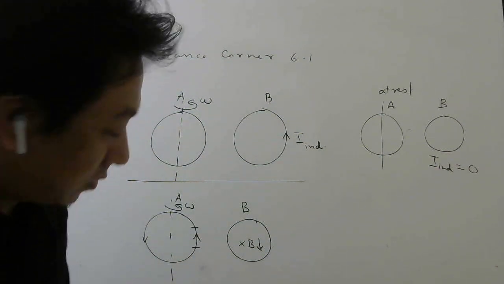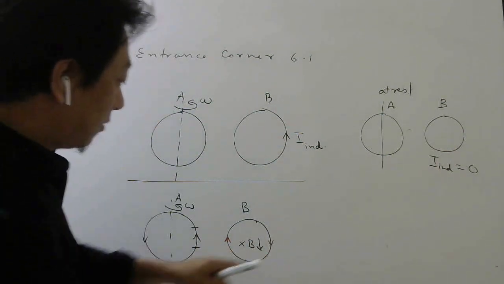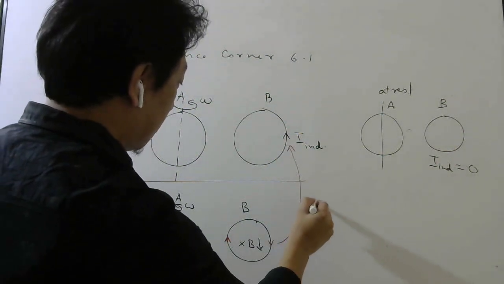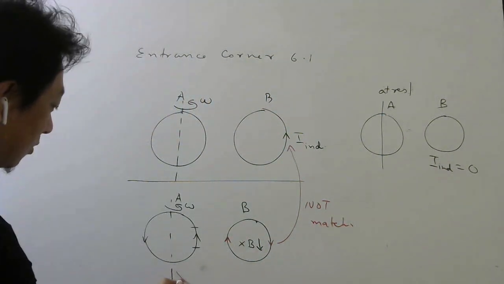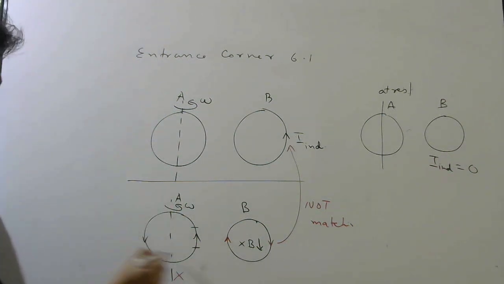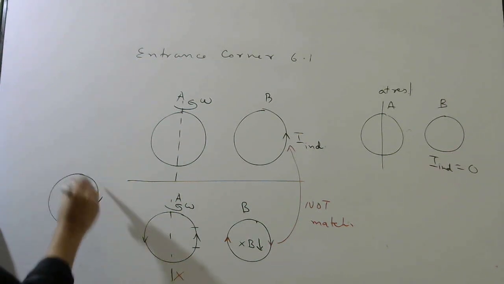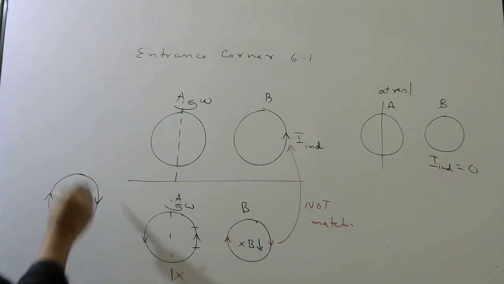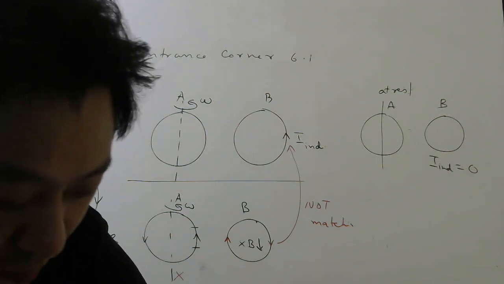The current should flow this way. Is it matching with this? It is not matching. It is not matching means this is wrong. So if this is wrong, which will be right? So that means the current in this coil must be flowing the opposite way, that is, this way. So is this clockwise or anti-clockwise? Clockwise. So this will be your right answer. That is the way you should solve the problem. Okay, so clockwise current will flow.